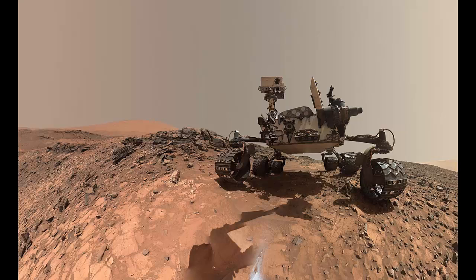Within months of its hair-raising landing inside the huge Gale crater on the night of August 5, 2012, Curiosity had found evidence of an ancient Martian lake that may have been hospitable to microbial life billions of years ago, a discovery that fulfilled the rover's major goal of determining whether or not the red planet has ever been habitable. The six-wheeled robot then began making its way toward the 3.4-mile-high (5.5 kilometers) Mount Sharp, Aeolis Mons, to